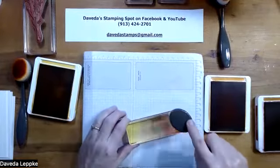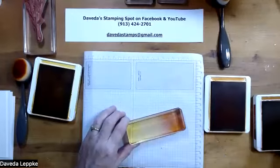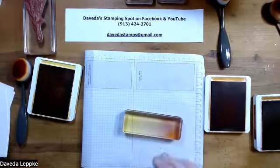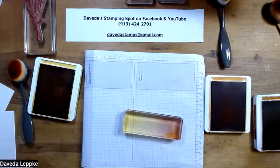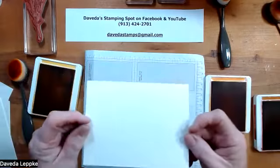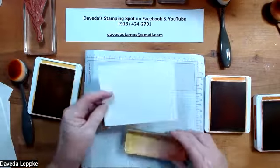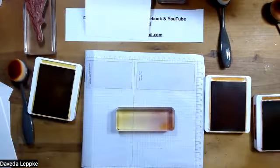All right, so I've used Cajun craze here on the bottom, pumpkin pie in the middle, and crushed curry. And the first one I'm going to just do on some of our shimmer white paper. And our shimmer has just that little bit of flake. It's going to be hard for you to see. It's got just a little bit of sparkle to it. It kind of looks like it's been sprayed with Wink of Stella. So what I'm going to do,